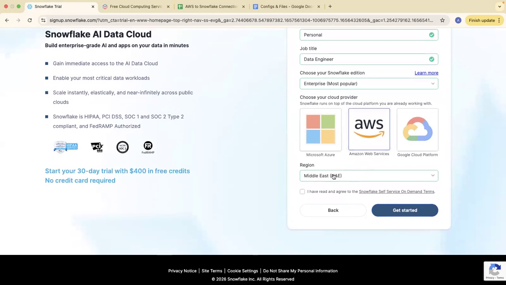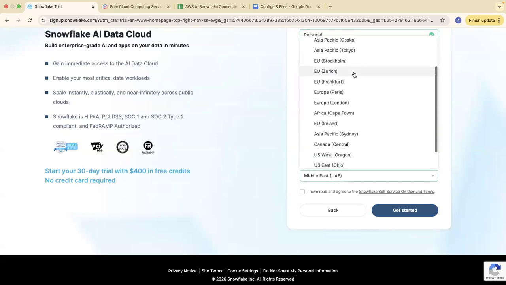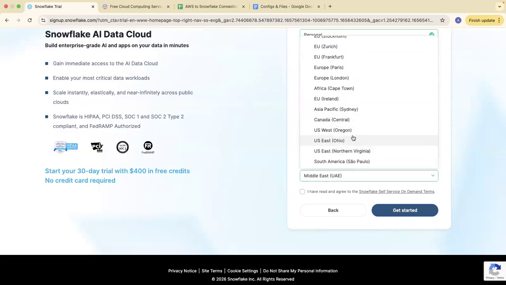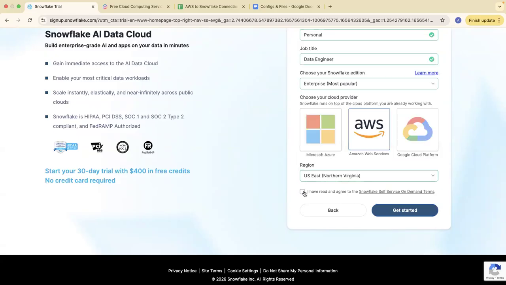And the region also you have to select. So I will be selecting a region which is US East, North Virginia. Now the service that I will be getting on Snowflake, which is my data warehouse, will be based on a region which is US East, North Virginia. So in North Virginia, there must be some setup done for our storage and for our data.